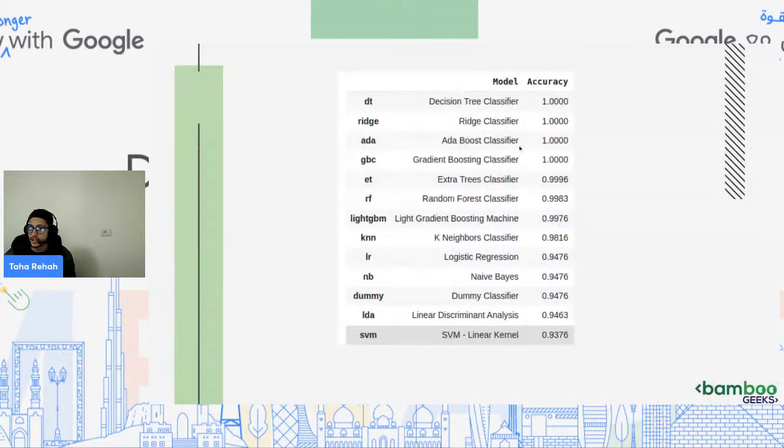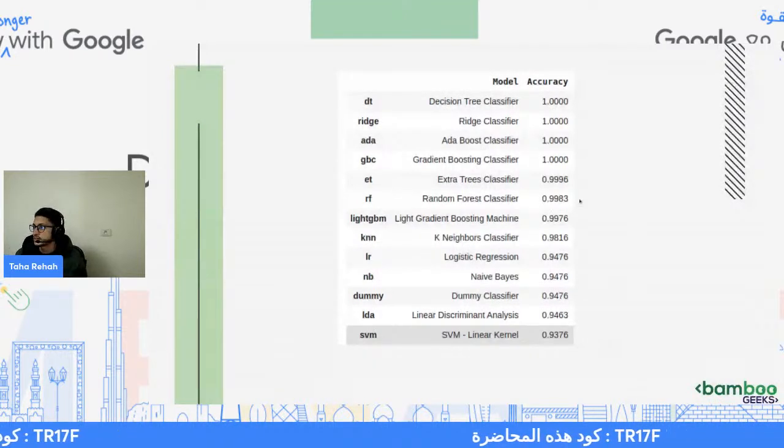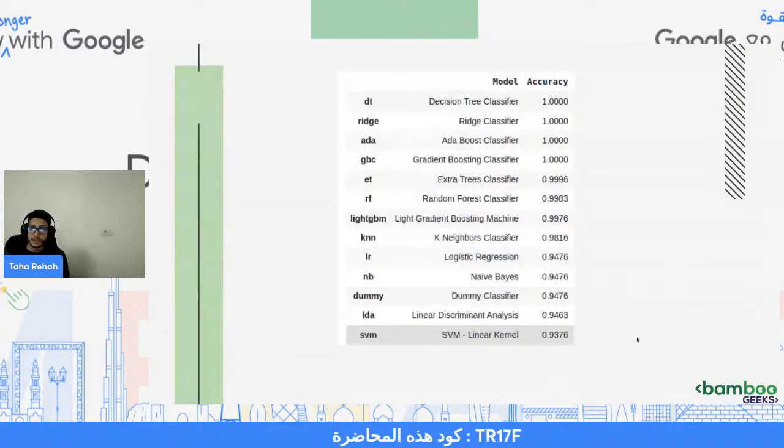So you can see, we have 100% accuracy with decision tree, 100% with the ridge classifier, 100% with the AdaBoost, etc. So we have big numbers. The minimum accuracy that we have is 83%, which is something good. It's still something not bad. So